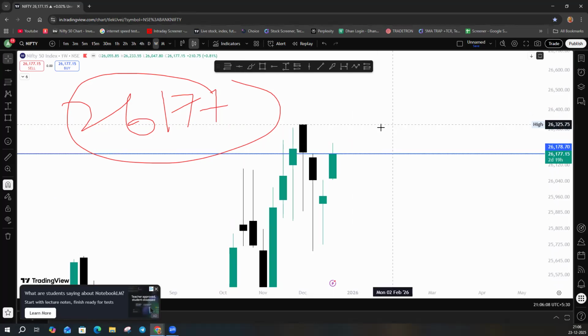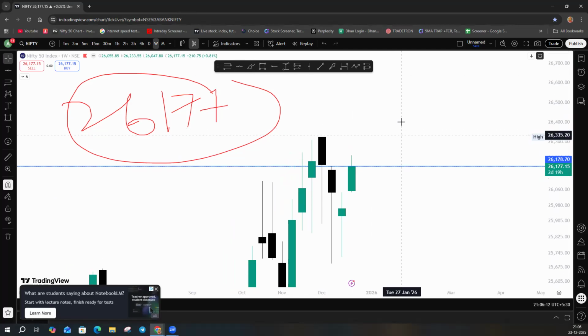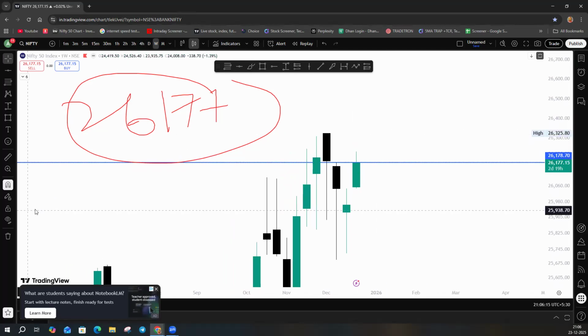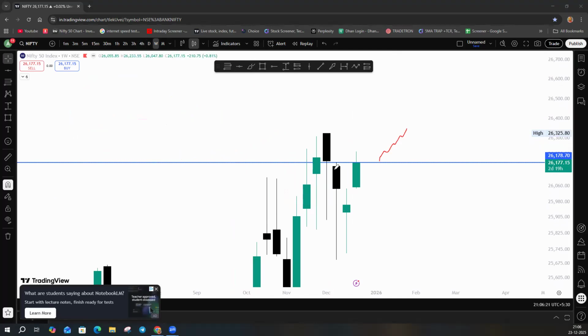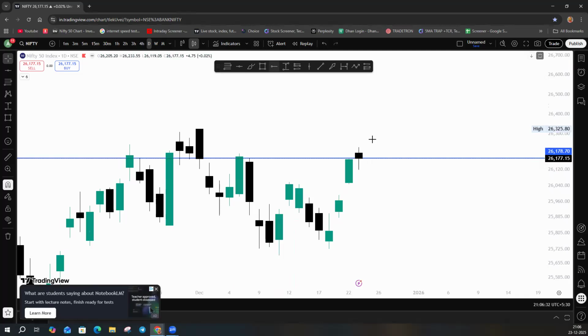So tomorrow, if we break the highs, most probably we are going to see a good rally in the coming days if we break these highs on the upside. Currently, you can see the weekly candle is inside the previous candle, and we are going to break outside. So tomorrow, again in the daily time frame, if we go above these highs, above which level?